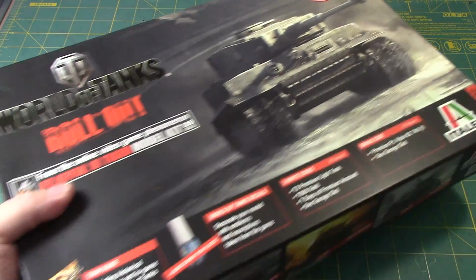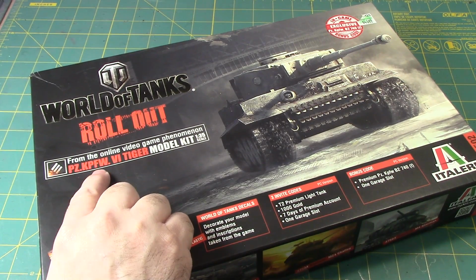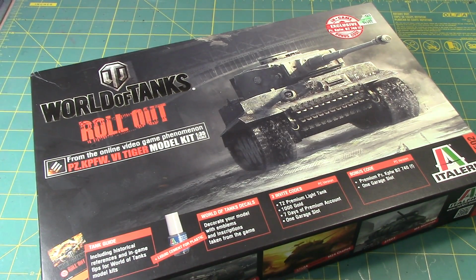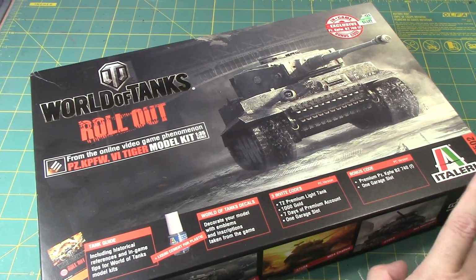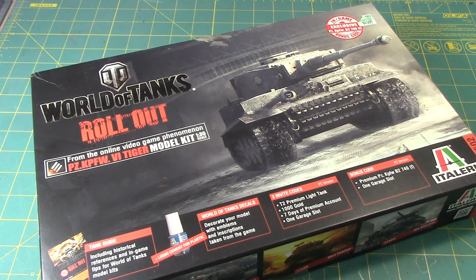I've been building robot kits for years. It's time for me to start building some other stuff that I always want to try. And I'm going to try this kit right now. This is the World of Tanks Rollouts Panzerkampfwagen Tiger model kit, 1/35th scale. This is from Italeri that I got last year at MosquitoCon, and I've always wanted to build a